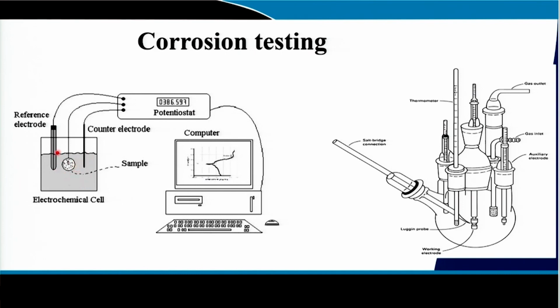Your solution may be anything of your interest. If you are interested to know the corrosion behavior in sulfuric acid solution, for example, 1 molar sulfuric acid solution, then you take 1 molar sulfuric acid as the electrolyte. If you are interested to carry out the corrosion behavior of the component in 0.5% NaCl, 0.5% HNO3 solution, or maybe 3 to 4% sodium chloride solution, this standard solution you take, and then you go on to apply the voltage